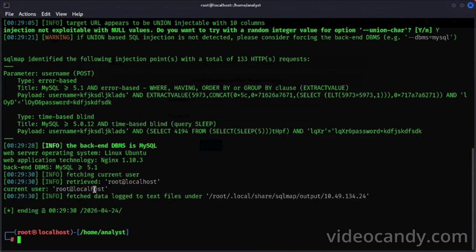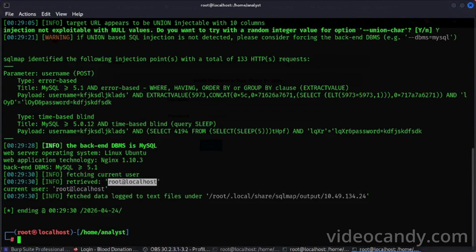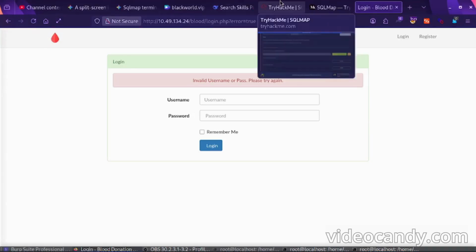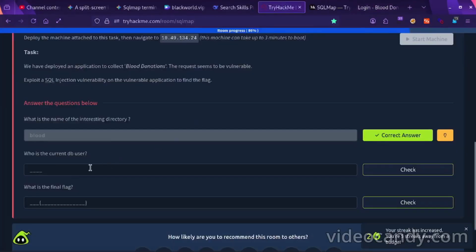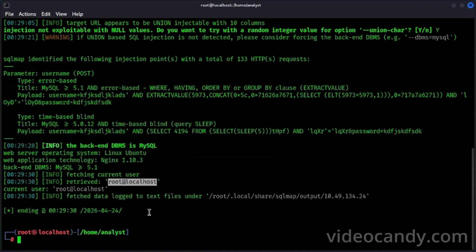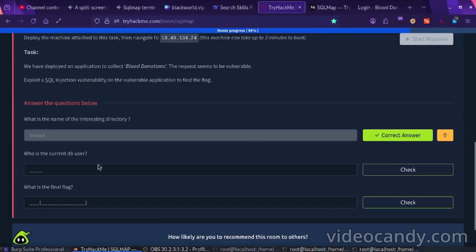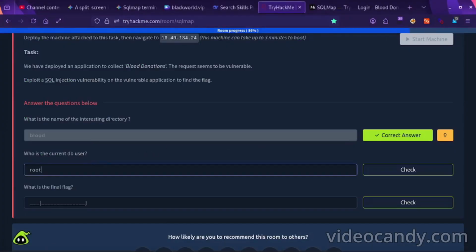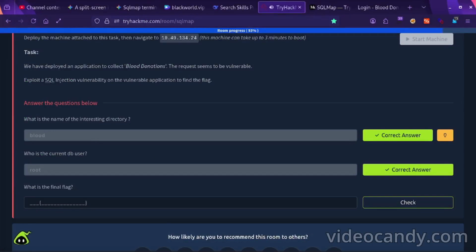The username is root, so we will copy it and paste it into the TryHackMe question answer. Copy only root and paste. I pasted it here and it is correct.